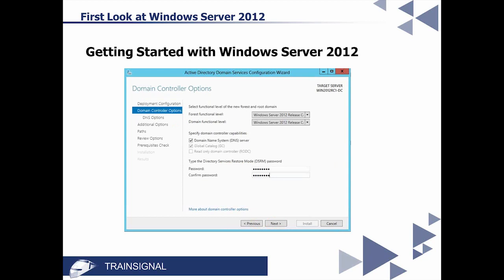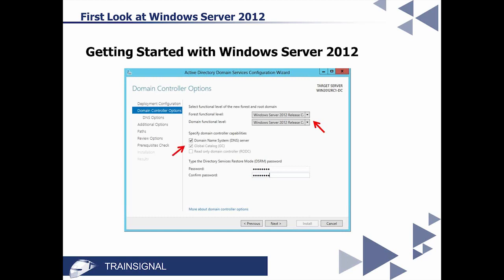From here, things are very similar in the sense that you're going to go ahead and select the functional level. I know there's a lot of questions coming through, but there was one asked very early before we got started about whether there's a new functional level. And the answer is yes, there is a new functional level for Windows Server 2012. But of course, you can also set these to older functional levels if you need to be backward compatible to old domain controllers.